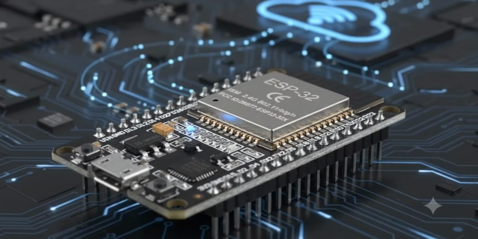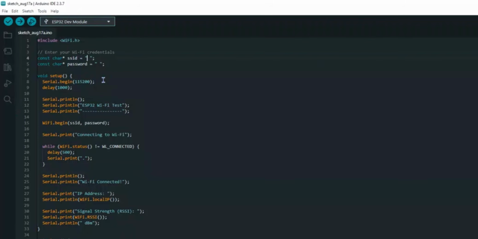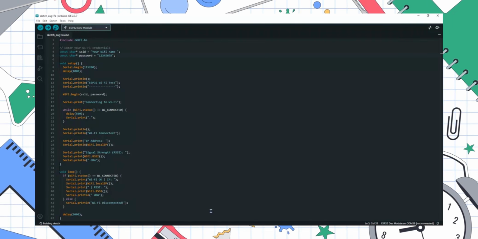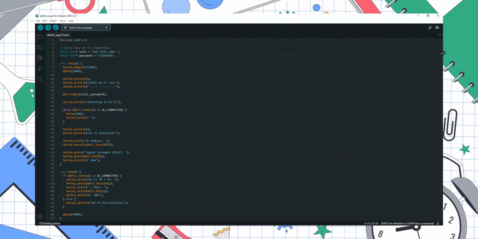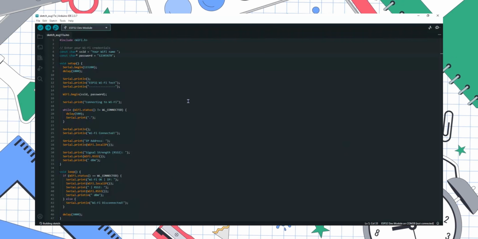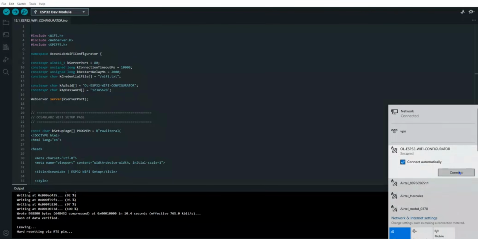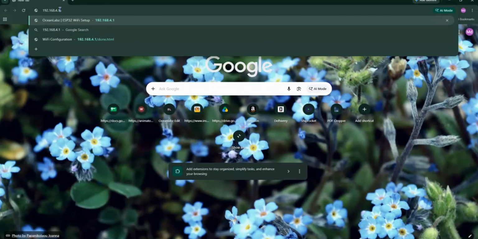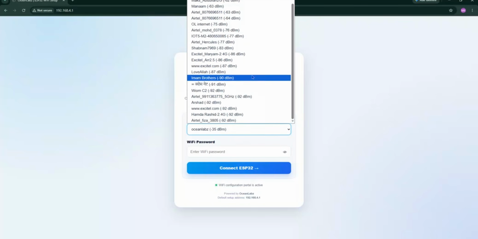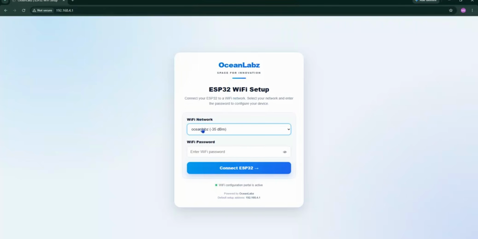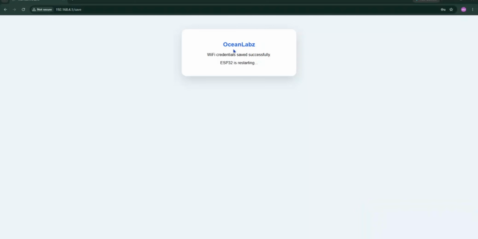Normally, when we want to connect the ESP32 to Wi-Fi, we have to put the Wi-Fi name and password directly into our code. But what if you don't know the Wi-Fi credentials beforehand? Well, that's where this project becomes really useful. Simply upload the Wi-Fi configurator code to your ESP32 and it can scan for the available Wi-Fi networks around you. You can then see the list of networks and simply select the one you want to connect to, enter the Wi-Fi password, and hit connect. And that's it. Your ESP32 is now connected to the internet without having to hard code the Wi-Fi credentials